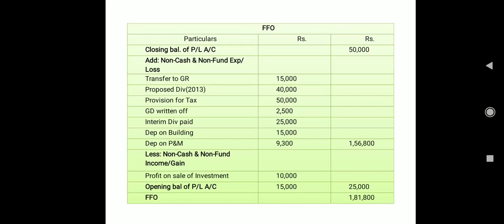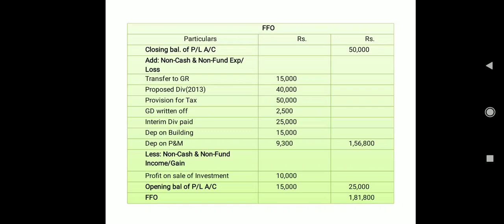Okay, so just here what we have gone for the transfer to general reserve, non-cash, proposed dividend, non-cash, provision for tax made during the year, again non-cash, then goodwill, sorry, GD I have written it by mistake, it should be GW. Okay, goodwill written off, that is again non-cash, interim dividend paid, non-fund or non-operating, then depreciation on building, non-cash, depreciation on plant and machinery, non-cash, making the total of all and writing in outer amount column